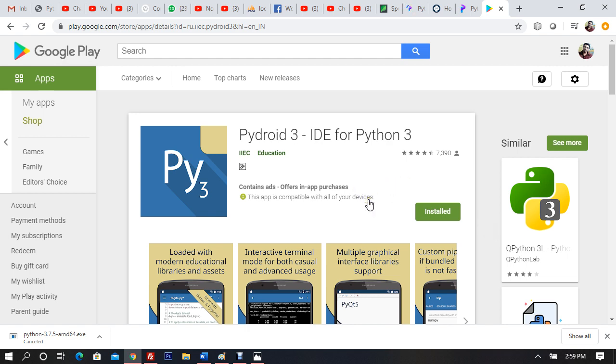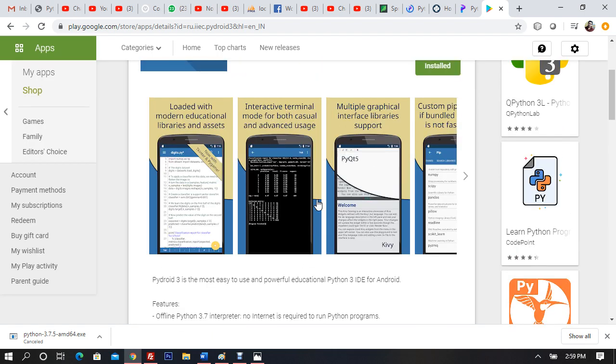After you have installed this on your Android device, you can straightaway run it, and it is going to guide you through. Once you open that program, you're going to click on New, and you're going to click on Interpreter, and start writing a Python program. I repeat, once you complete that, go to the interpreter and start doing it: 1 plus 1 is equal to 2, 1 plus 3 minus, and so on.